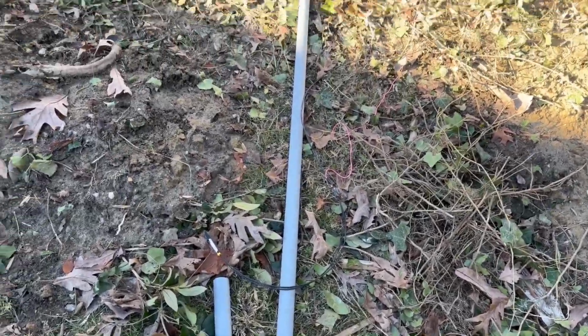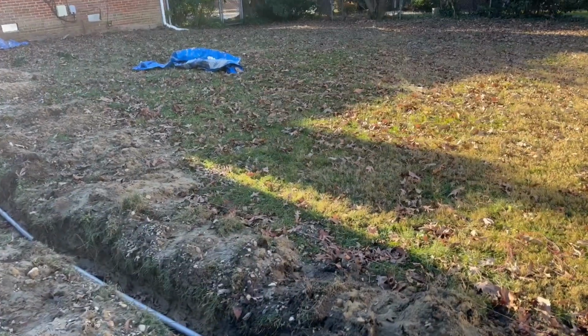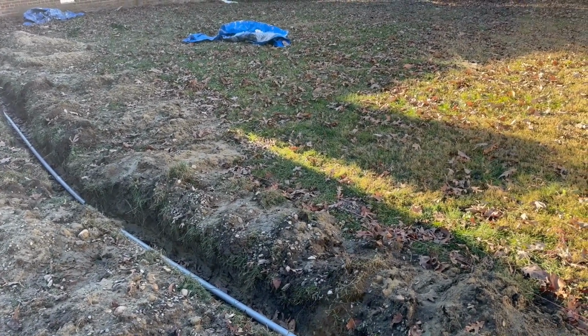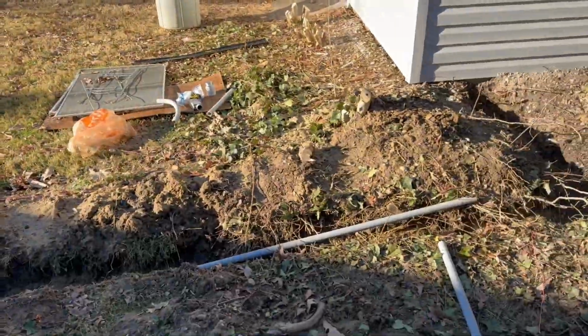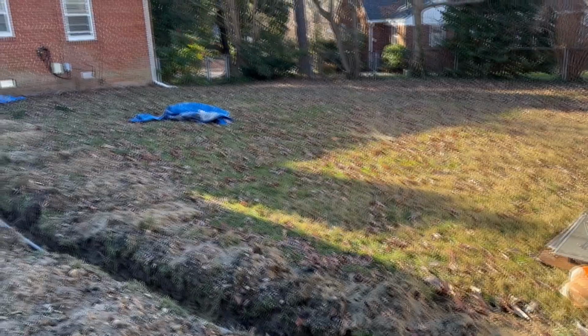This is fiber cable. Now, pros and cons: you can run Cat 6, but everybody on the internet says Cat 6 has to be grounded and you can't run it for the ground, and so on, which would be super cheap, whereas fiber is a little bit more expensive, but it doesn't need to be grounded. This is armored. I'll put all the information in the show notes below, what I'm using,